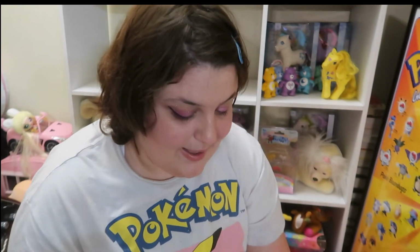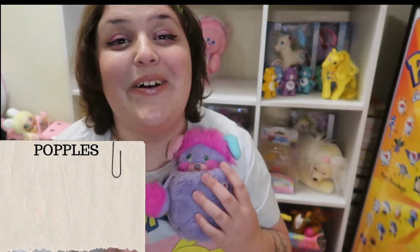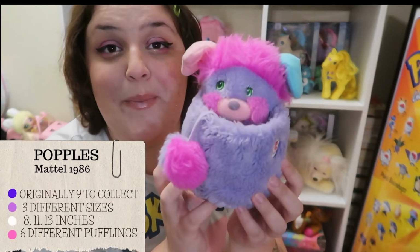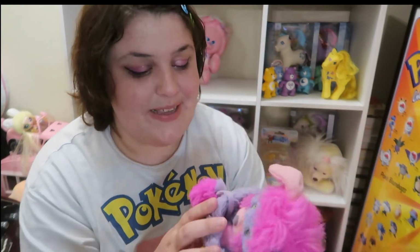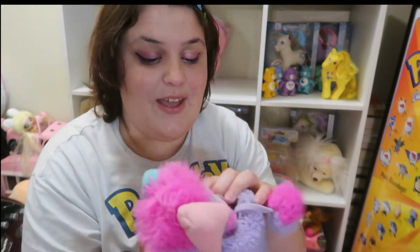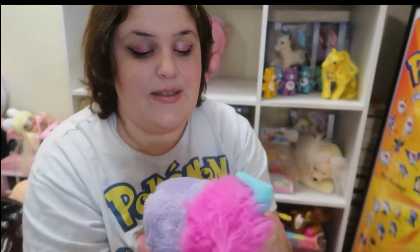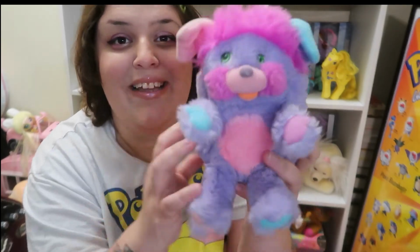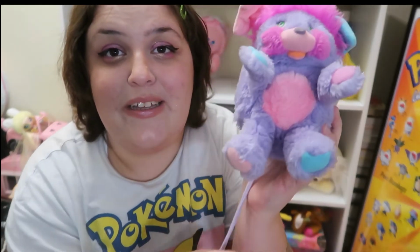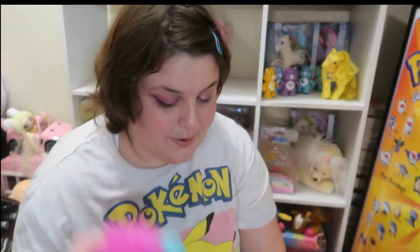So the next toy line I want to talk about, of course, is Popples. I love Popples so much. You've probably seen them, but if you haven't, they are in this little ball. They usually have this little patch on them, and then they can pop out. I think this is pretty. Here's her tail. She's so cute. For Popples, they're also